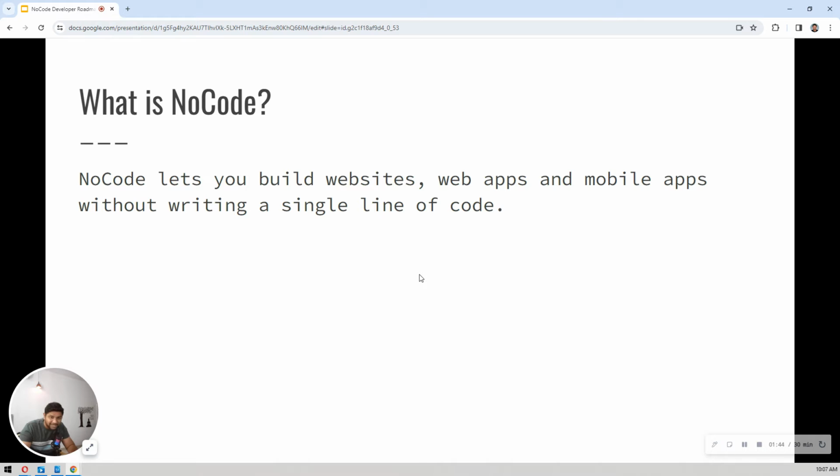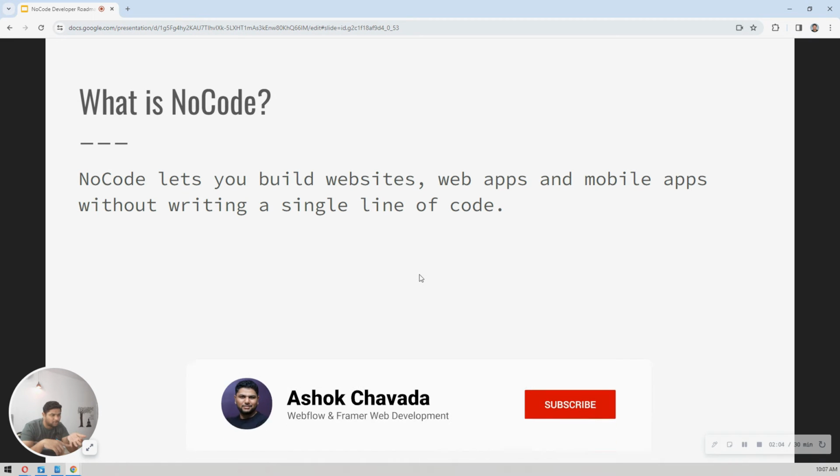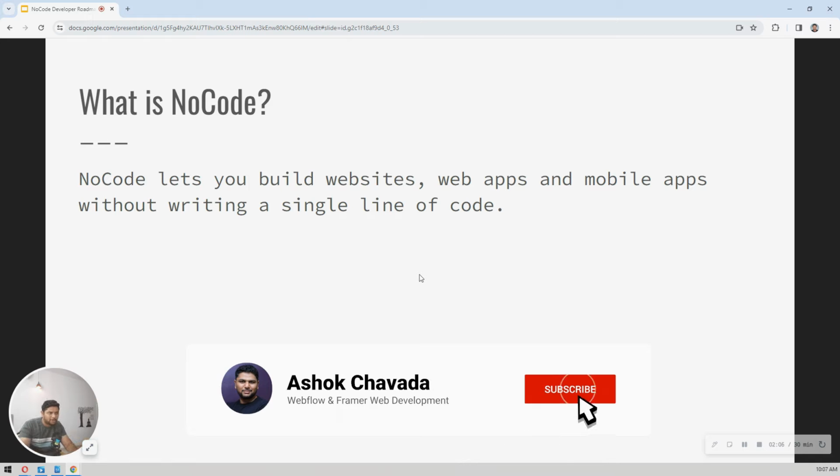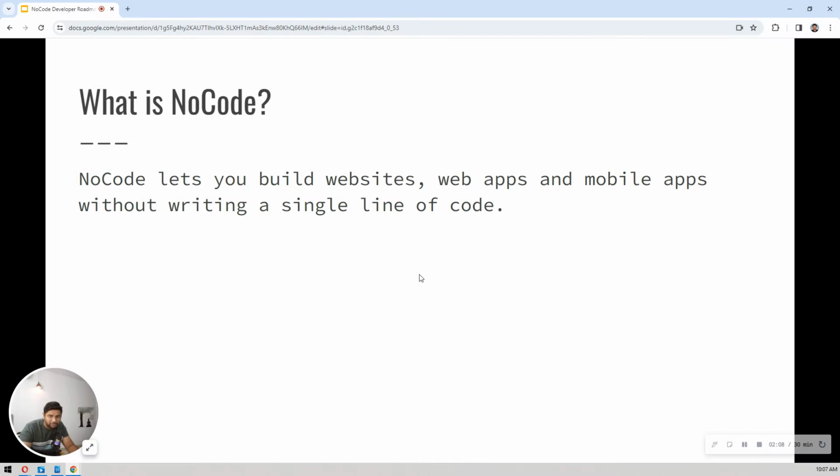So that's what no code is, whether you build websites, web apps, or mobile apps without writing code these days. It's very easy and very fast. Over the weekend you can build your mobile app MVP, which you can share with your investors to raise money for your startup idea, or a marketing website. If you want to go live, you can use templates, or you can build it yourself. If you're planning to build a web app and want to raise money for your startup idea, you can build web apps also.